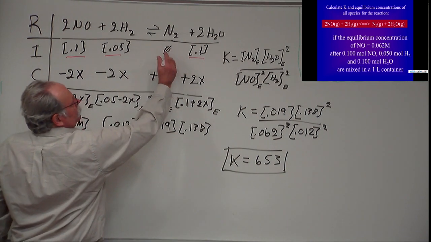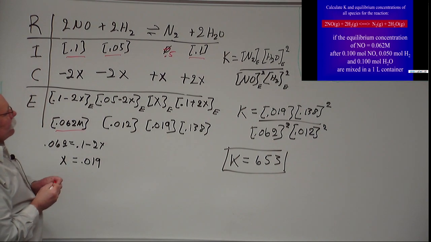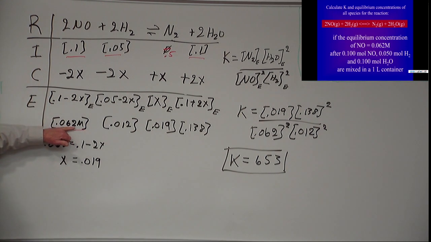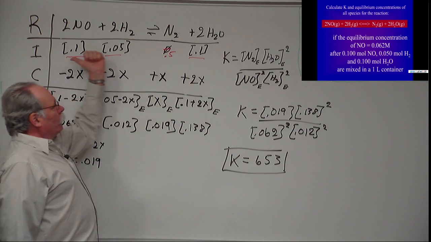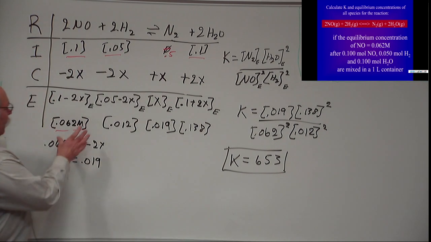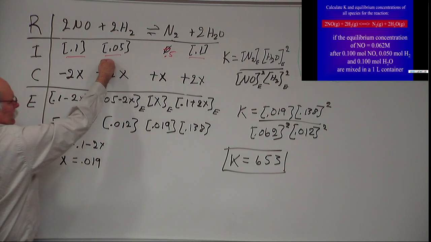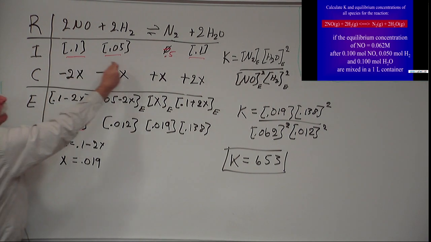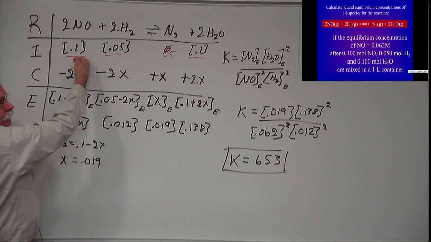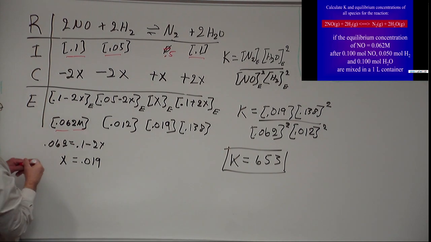Pretend this was not 0. Pretend this was maybe 0.5, okay? If this was 0.5, this value would be different, okay? And we don't know if the reaction is going to go this way or if it's going to go this way. But if I looked at this, and let's just say that with 0.5, the reaction went this way, then this value would have been bigger than what I started, okay? So if I'm making reactants, okay, the concentration goes up. And when I solve this, so let's just say that this was